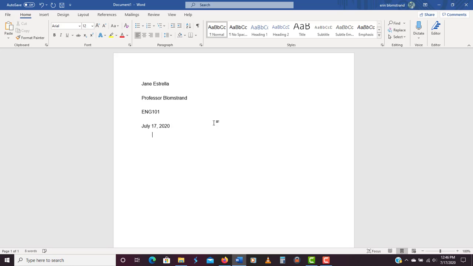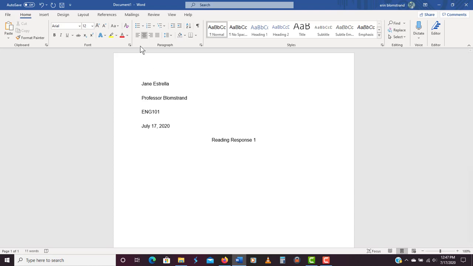I'm going to hit enter one more time, and you can see that my cursor is aligned on the left here, but I'm going to put in my title. All academic papers should have titles. So to do that, I need to center it. I'm going back up to paragraph to click center, and then I'm going to title my paper. In this case, I'm going to give you an example of a reading response. And after I type my title, I'm going to go ahead and hit enter once, and it's going to drop me down one double space below the title, which is where I want to start my text,